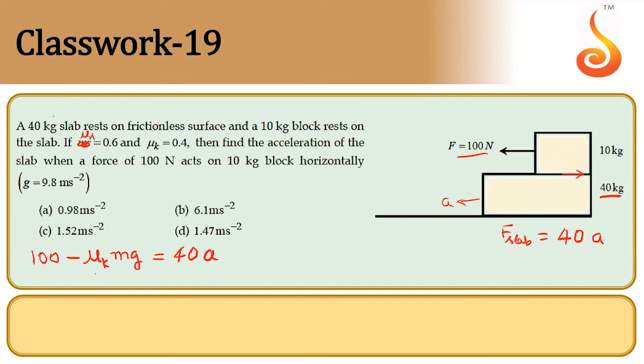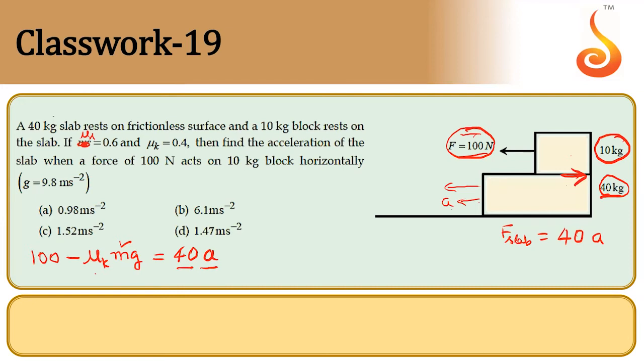So net force is equal to mass into acceleration. Mass of the slab is 40 kg they have given. Acceleration we have assumed it to be A. So acceleration is this way, force is this way. So this force is producing acceleration, right? So this force is trying to pull the block this way, but friction between the two blocks is trying to pull it backwards. Correct? So 100 minus mu k into mg should give you 40 into A. See, this mass is this, not 40 kg, because friction depends on the mass above it, not below it, right?